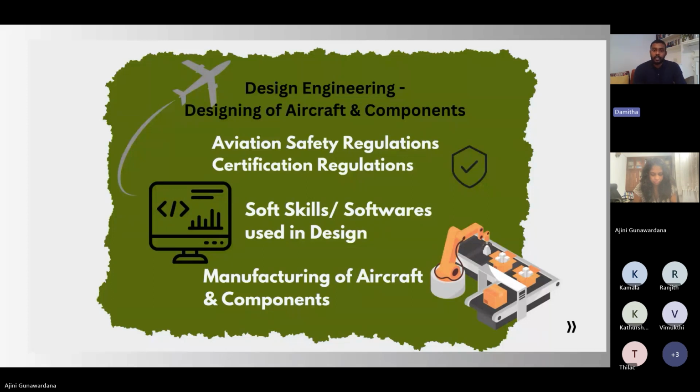And then all of this leads into manufacturing of aircraft and components. That means when you create a design, let's say a simple thing that you make with sheet metal, you need to understand whether they are able to form this sheet metal into that shape with the bend radii you specify. If you bend a sheet, there's that edge, and there's a thing called a bend radius. This is defined by the material strength and the thickness of the material.